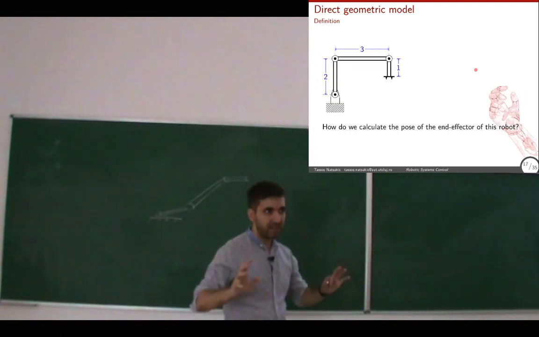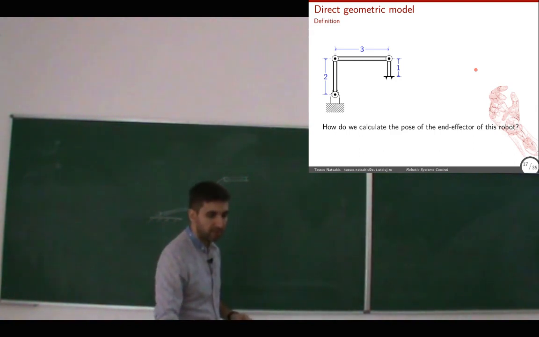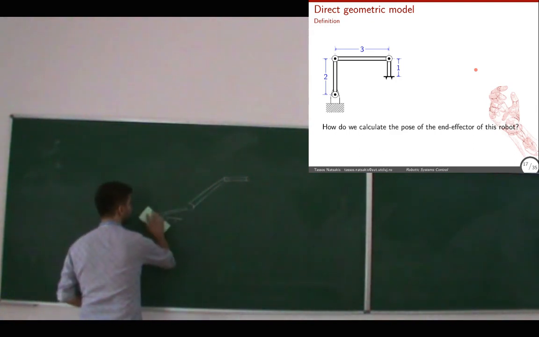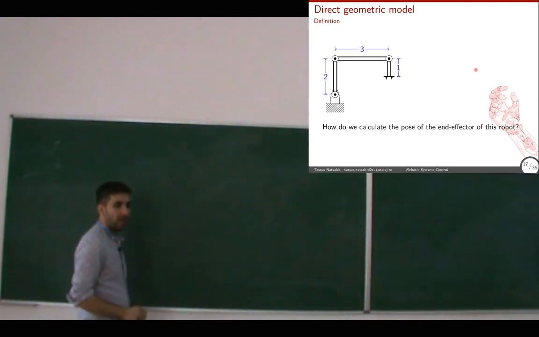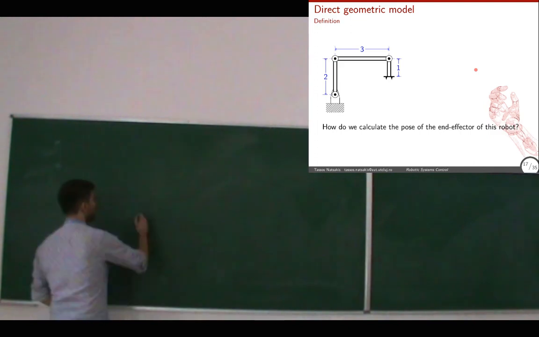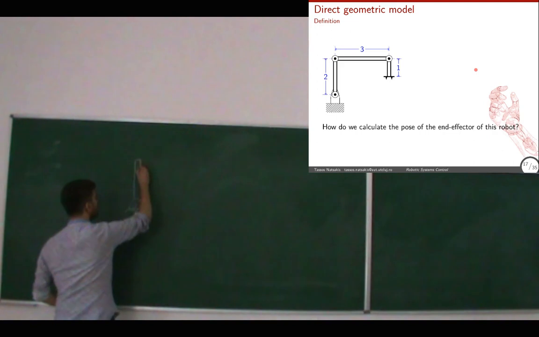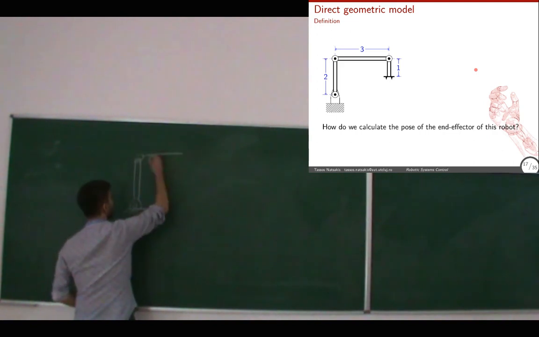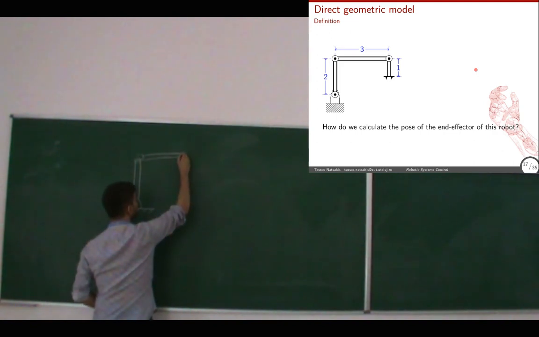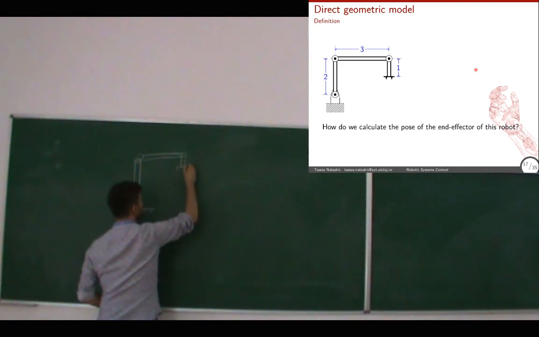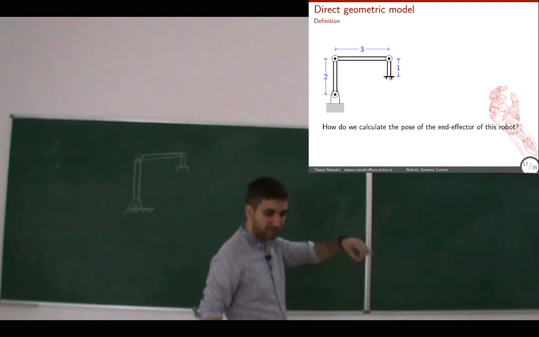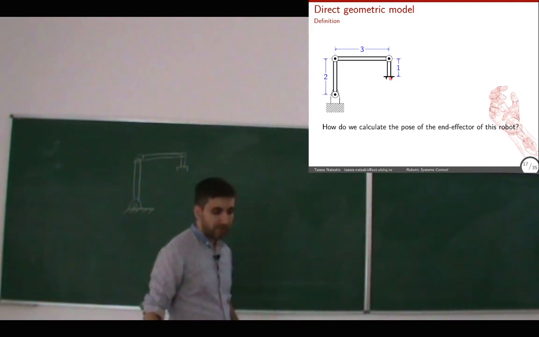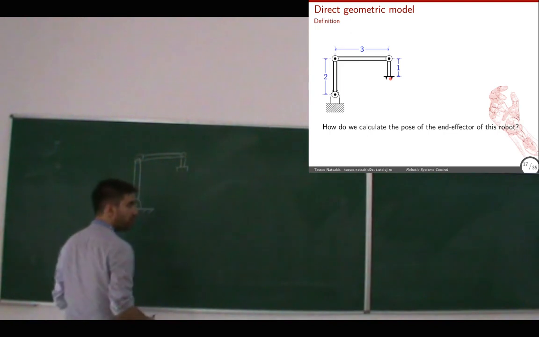Now let's see a very simple example, and then we're gonna build on this. Let's say I have this robot. Okay, and I'll draw it here as well. Very simple robot. As you see, it has a gripper here, I think to grab stuff. And I want to calculate the pose of the end effector of this robot,